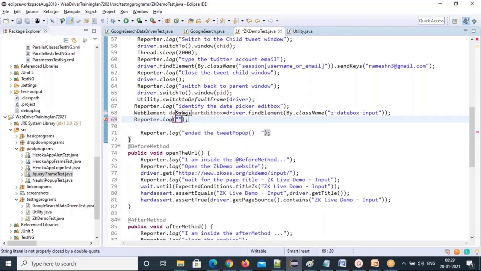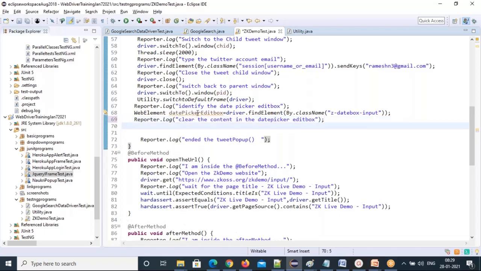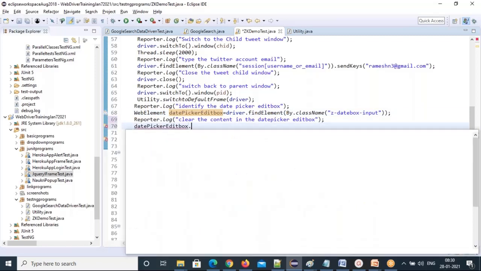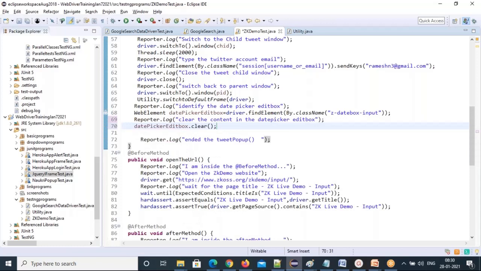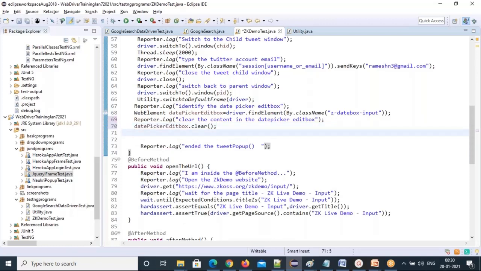Then, first I need to clear the content, whatever is there. Reporter dot log. Clear the content in the date picker edit box. So how can you clear? Call this element dot, what method do you need to call? Clear method. Now type the value. I can copy this.